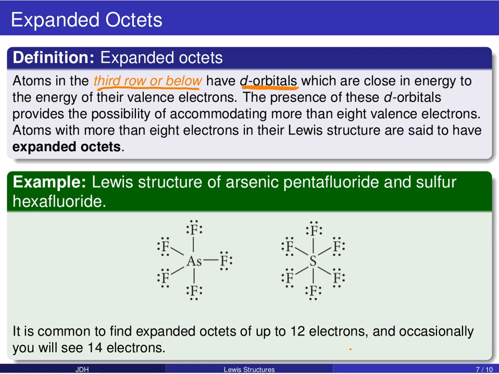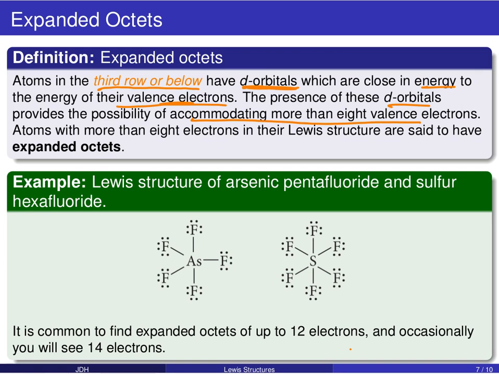D orbitals can accommodate 10 electrons, remember, and are relatively close in energy to the other valence electrons. The result of having these d orbitals around is that you can actually accommodate more than 8 electrons